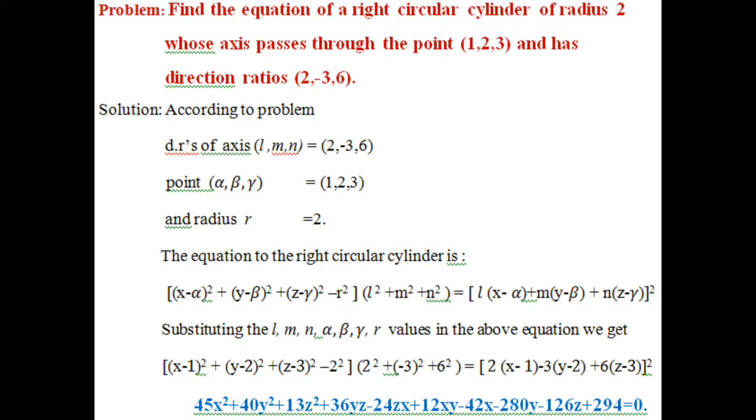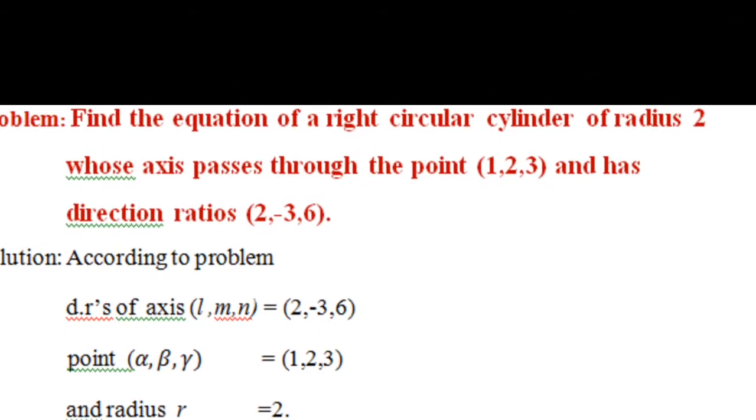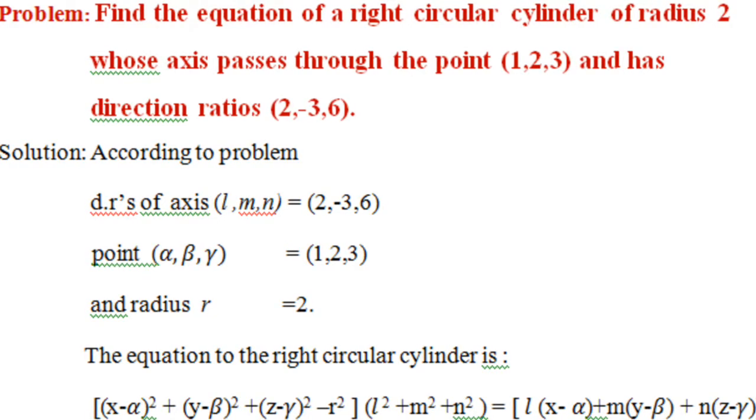Consider the problem. Find the equation of a right circular cylinder of radius 2 whose axis passes through the point 1, 2, 3 and has direction ratios 2, -3, 6. Now for this problem, first of all,